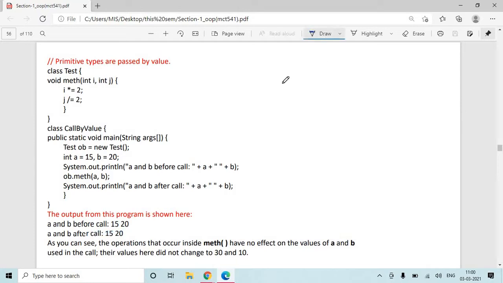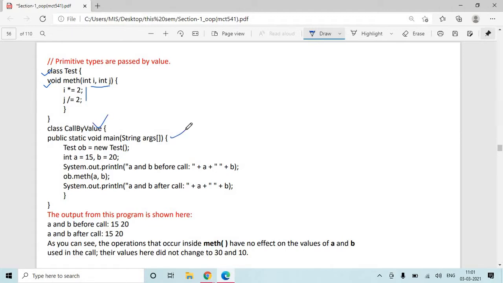So to study the same call by value concept, let's say we have a class test. Inside class test we create a math function, a method which accepts two integer values from the user and performs a simple arithmetic. That's it. We have another class, call by value.